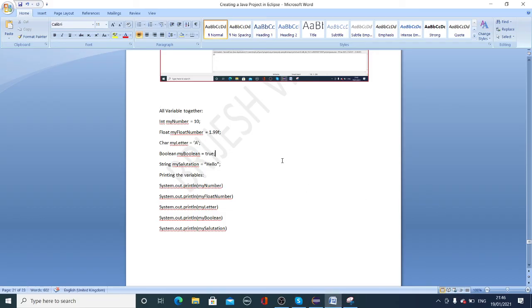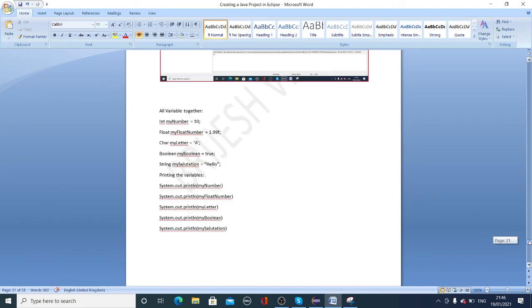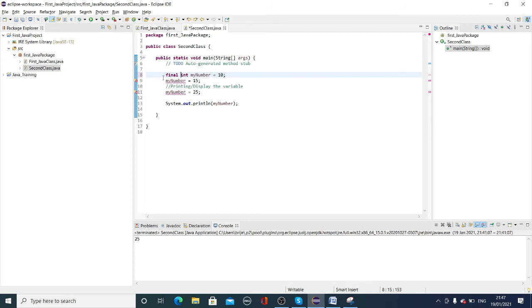So let's go and discuss other variables. There are other variables as well. Another is float. The float numbers are decimal values, and you declare the decimal value. In the end, you need to put f. Then it identifies that as a float. So let's have a new class and put all of these variables together in one class. So I explain.